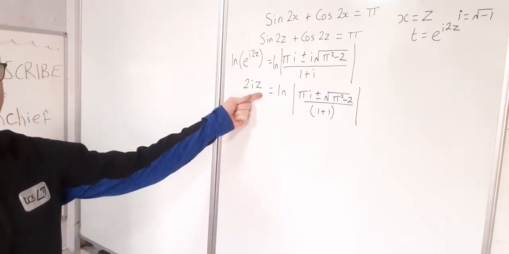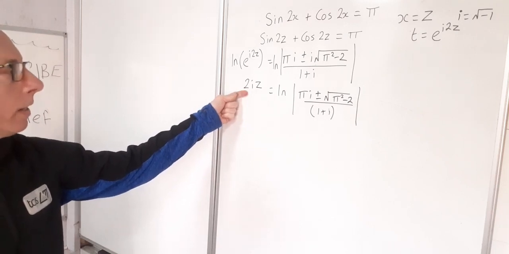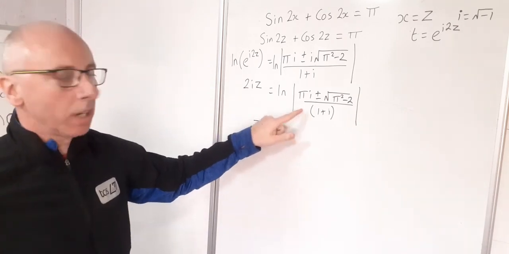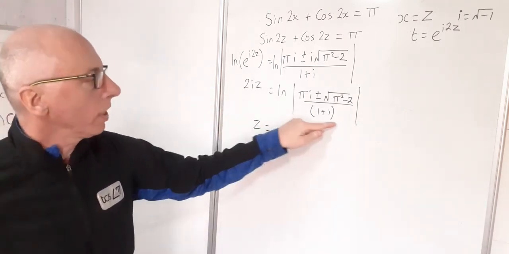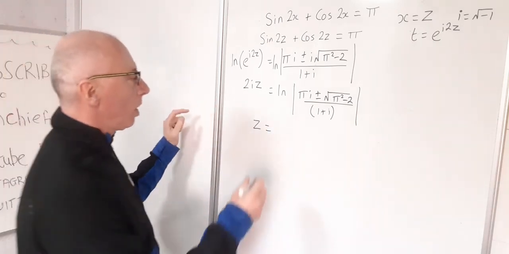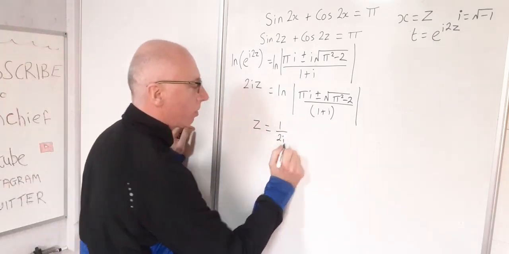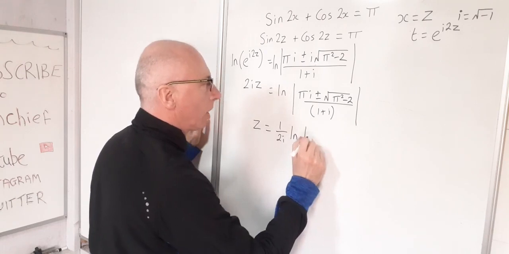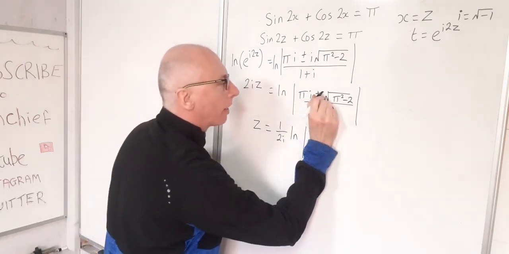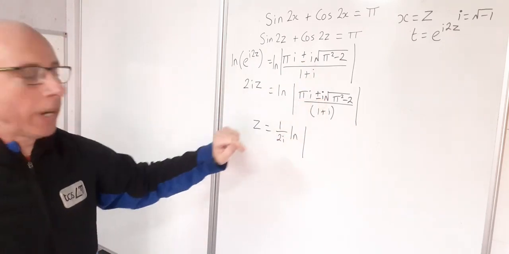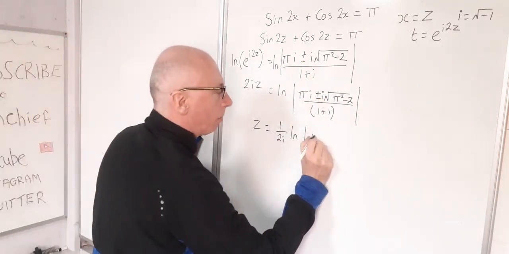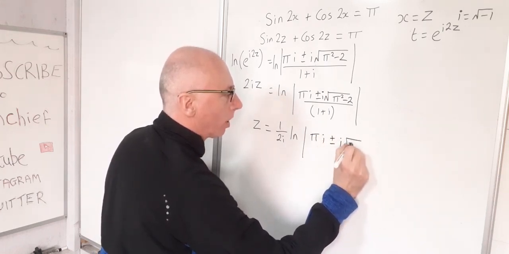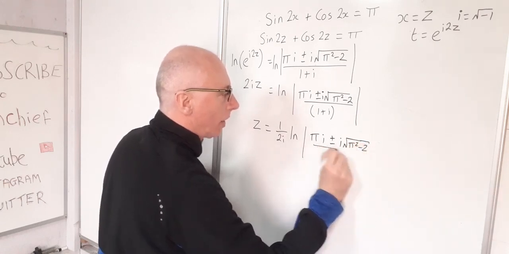And now what I need to do to get z, I just need to divide both sides by 2i. So let's do that. So z equals, now I just can't put the 2i inside the log, it still has to stay outside or underneath the whole thing. So I'm just going to write 1 over 2i as a constant on the right hand side, and then multiply that by the natural log, absolute value. Now, I just missed out an i in there, let's put that i back in. Was concentrating putting that i in. So natural log of pi i plus or minus i square root pi squared minus 2,